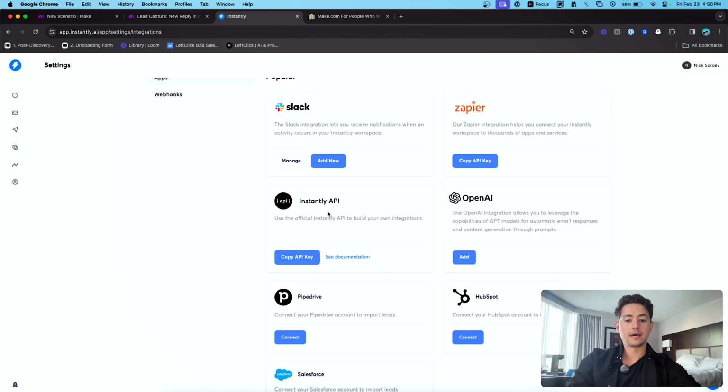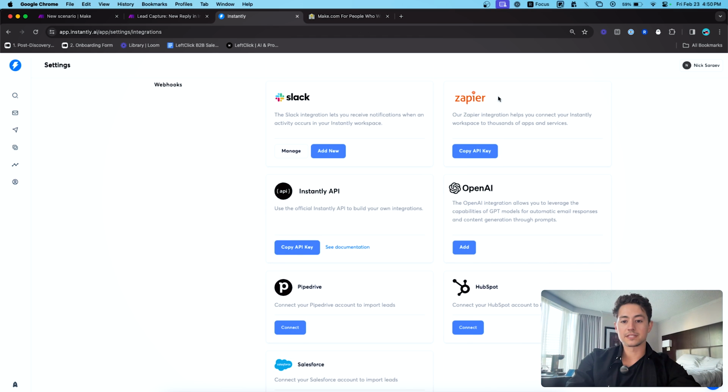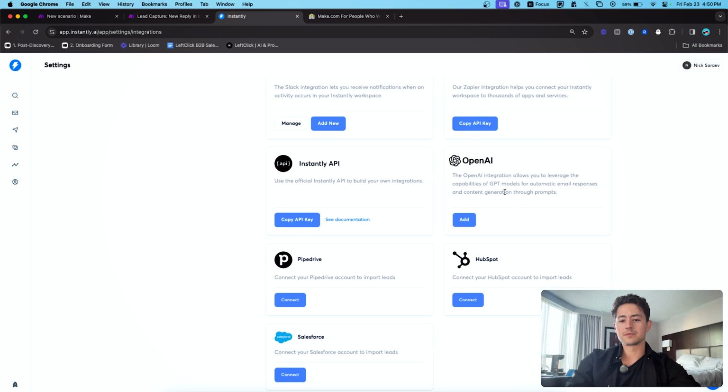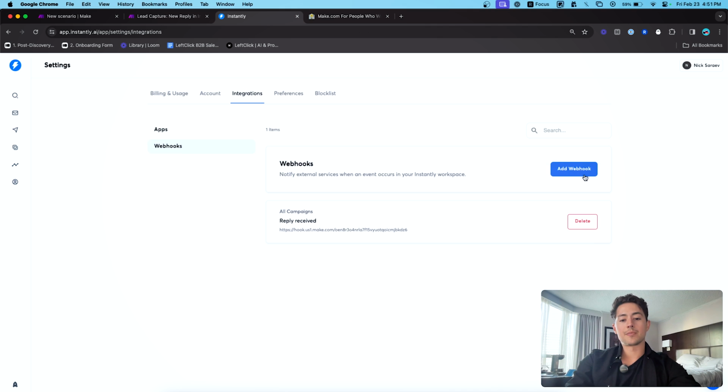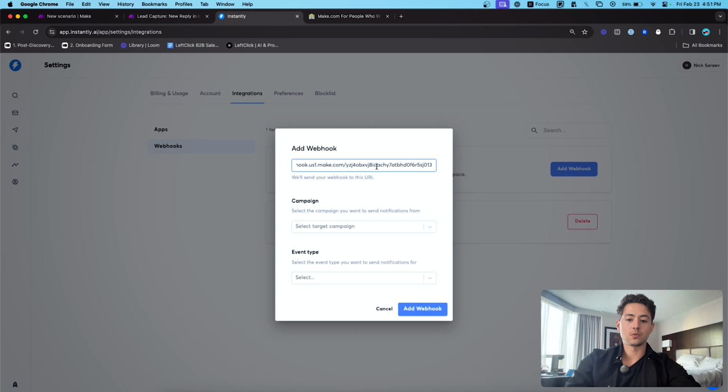They have an API key, so you could screw around with the Instantly API if you want. You can do direct Zapier integrations. It looks like they have some OpenAI stuff now, which is maybe where they can automatically respond for you and all that sort of thing. But we're going to use this webhook feature, so I'm going to click Add Webhook, paste in the webhook URL,